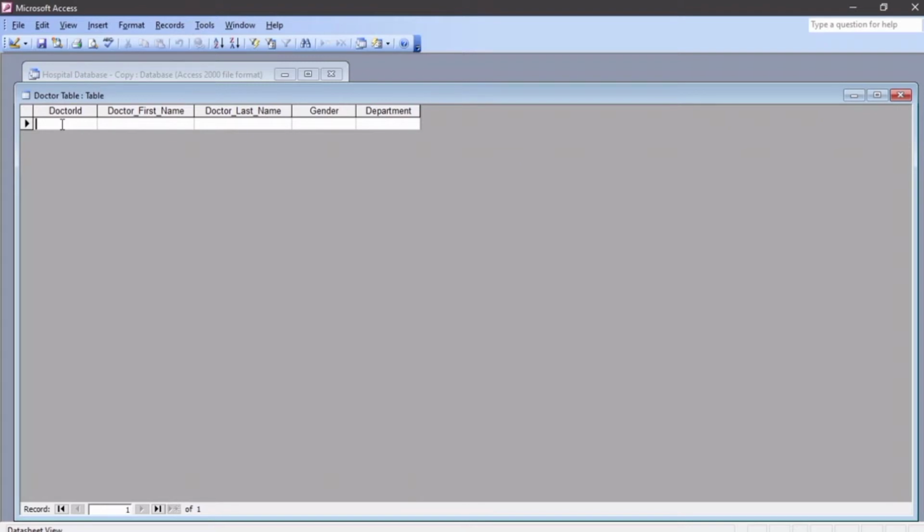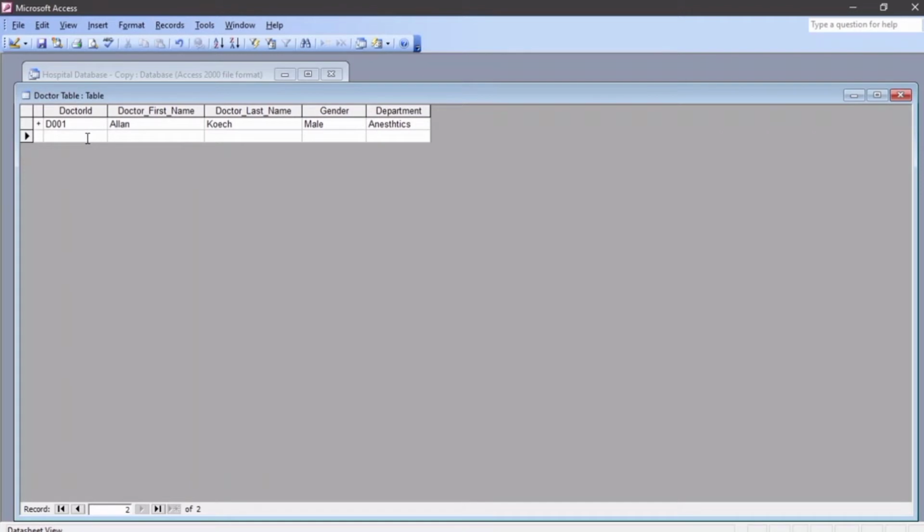Let me start with D201, first name, Alan Koech. If you want to edit, you just have to click inside and rectify. Male, department, anesthetics. The second record is